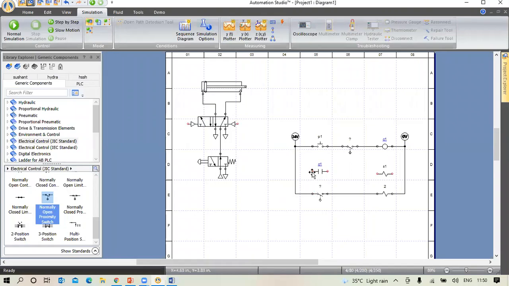And connect. Click here and connect these ports. You can adjust your components. Simply select a component and move it up and down using the arrow keys of your keyboard, and you can also move it using the mouse. So your electric control circuit is completed, but there is no connection between this pneumatic circuit and this electric